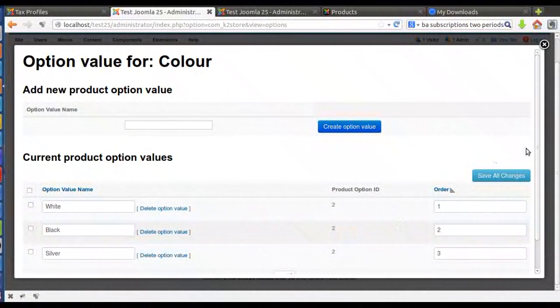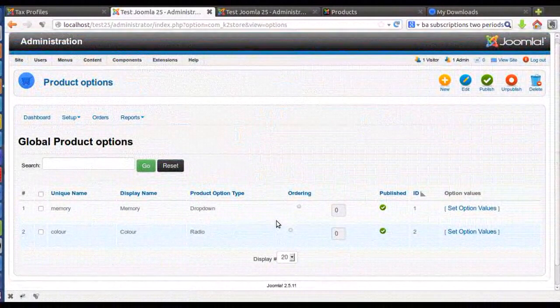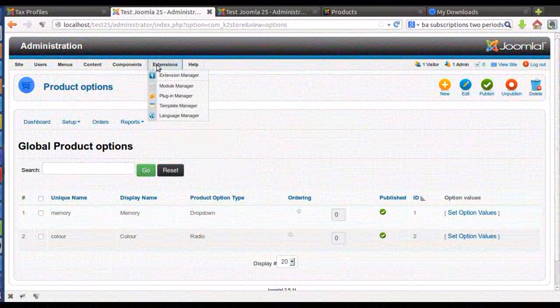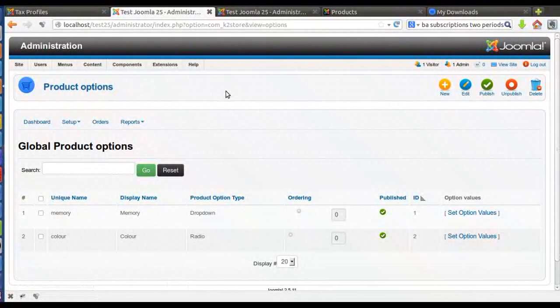So this has been migrated correctly, but one thing is that in our second product, Motorola Zoom, there is one attribute that is not migrated. So let us go and see